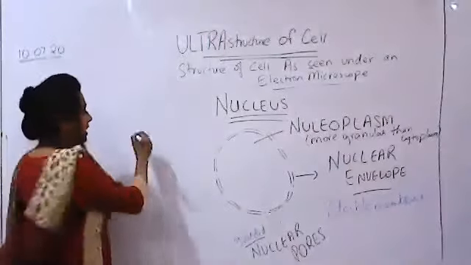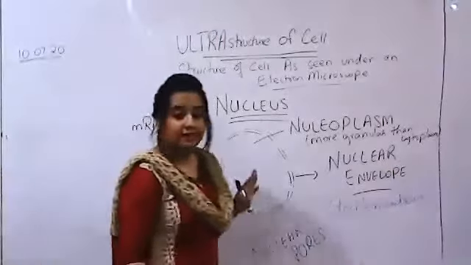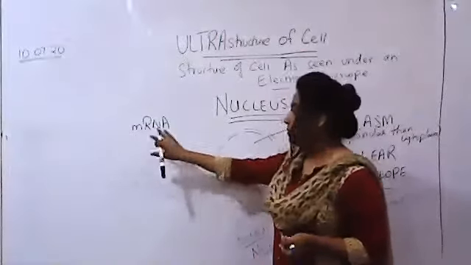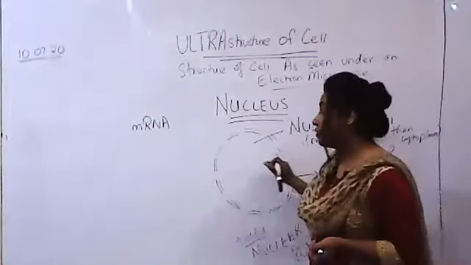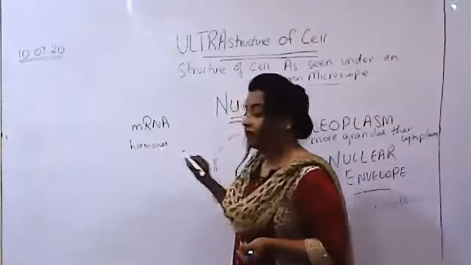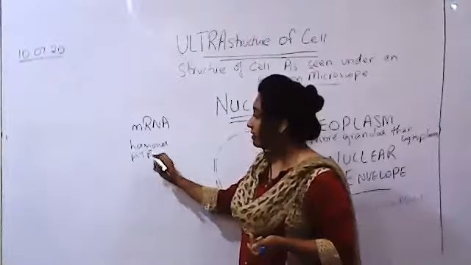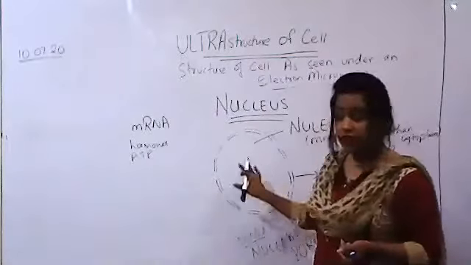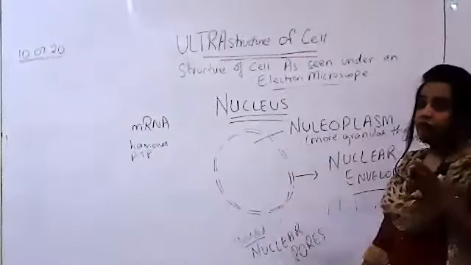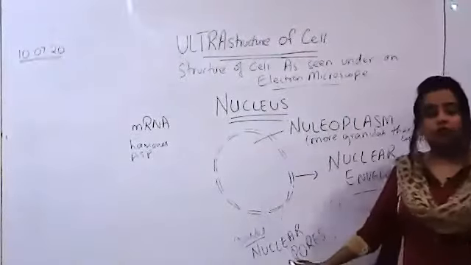There are molecules like messenger RNA. You might not have heard of it, and I'll be explaining it in a bit. mRNA stands for messenger RNA, right? So messenger RNA has to enter, it has to leave the cell. Then there are certain hormones that have to enter, that have to leave the cell. There are ATP molecules that have to enter, that have to leave the cell, sorry, the nucleus, right? So because of the movement of these bigger molecules, for which the selectively permeable membrane would not be enough, we need what? Nuclear pores, right?